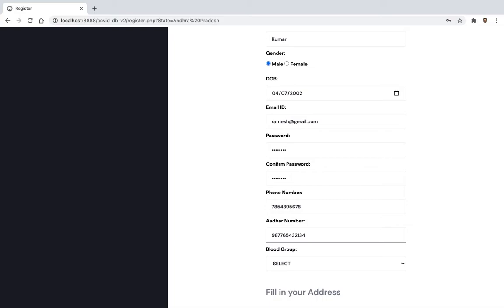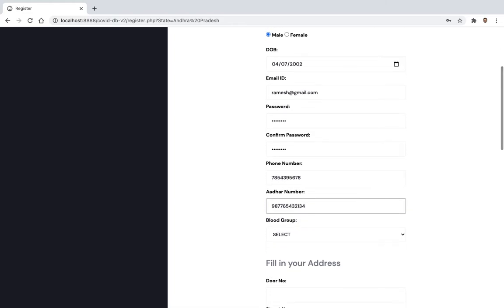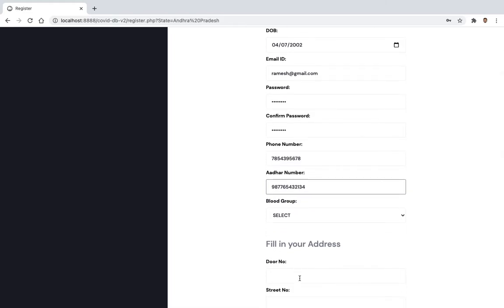The phone number has to start with any number between 6 to 9 and has to have exactly 10 digits to be valid. For the other number to be valid, it must be exactly 12 digits long. Let's select a blood group from this drop down menu and let's enter these address fields below.